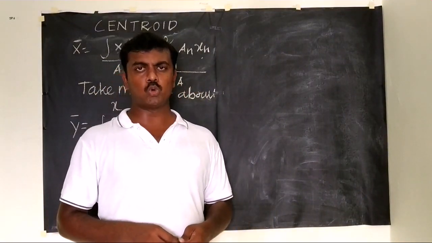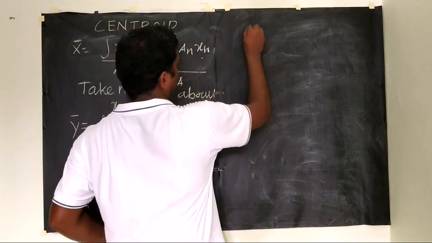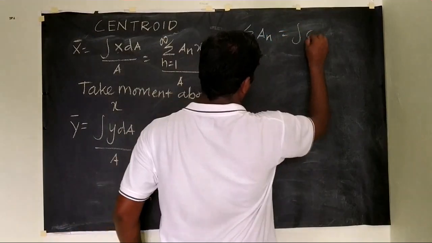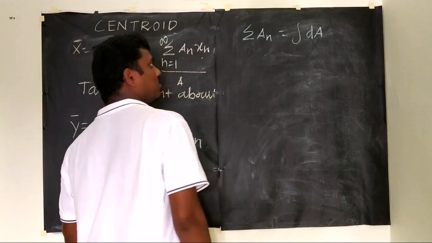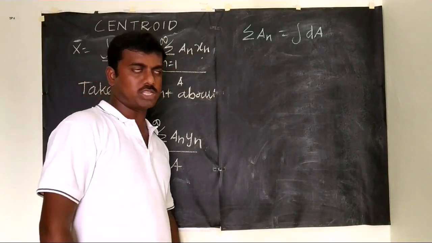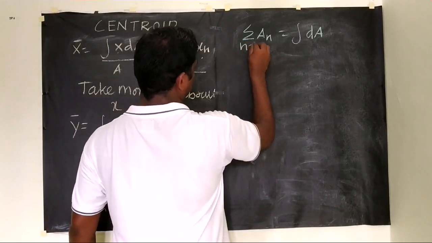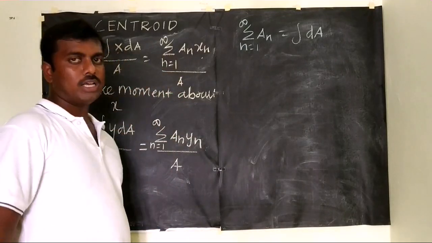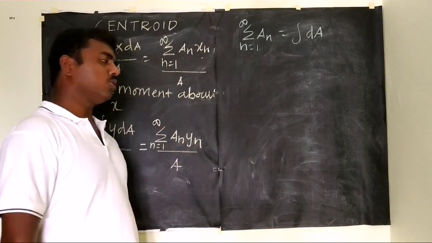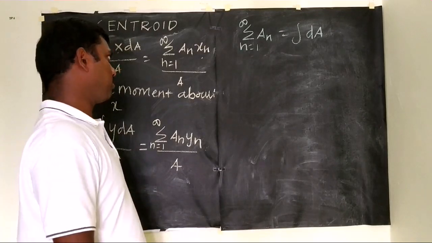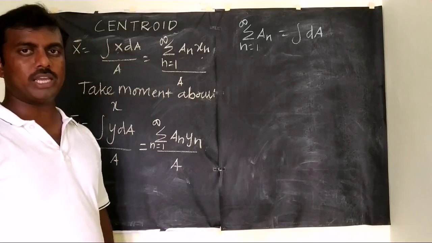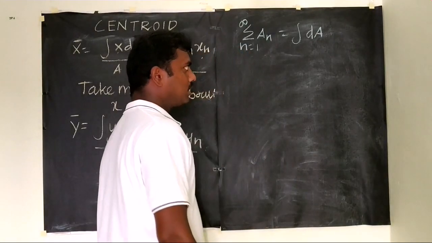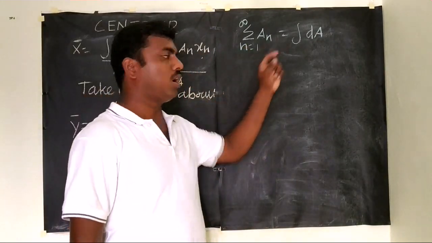Now I am going to relate sum of an. Sum of an is equal to integral of dA. How? Let me discuss with the help of one simple sketch. Here xn and x are scalar quantities, that is a numerical value, it will not change. Keep as it is because this value will not make any significance. So let me take these two terms separately, then check whether they are equal or not equal.